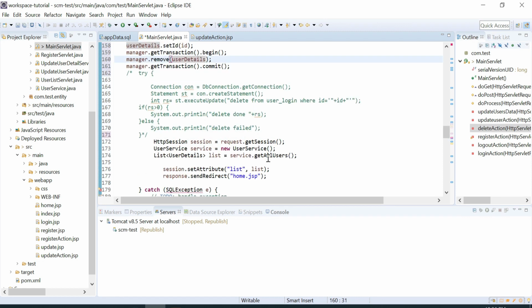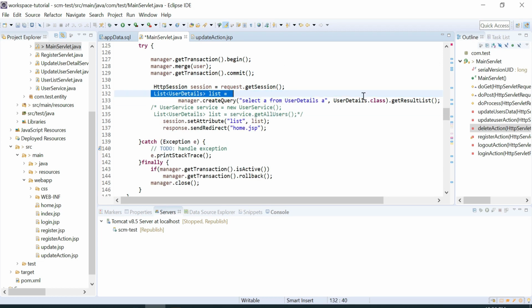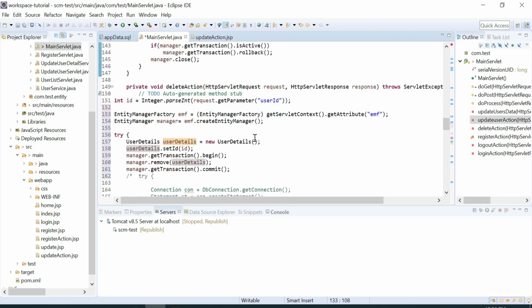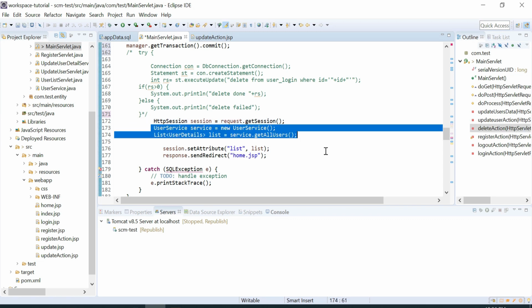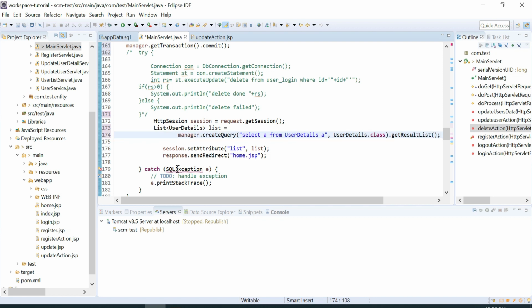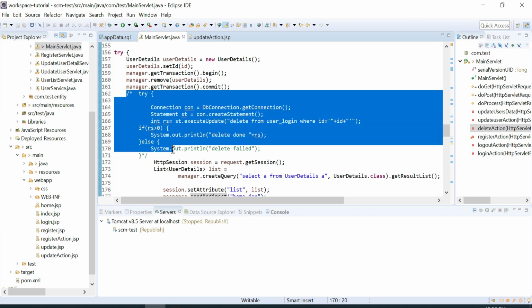That's it. And the same line of code, this one, to get the list we need here. Let's remove this code.